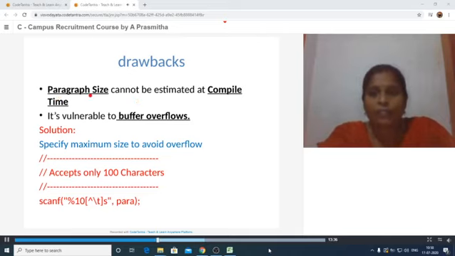So paragraph size cannot be estimated at compile time. So it may lead to buffer overflows, and that can be avoided using %l. After that you can give how many characters you want to read, so that you can give the size of the paragraph in our code.